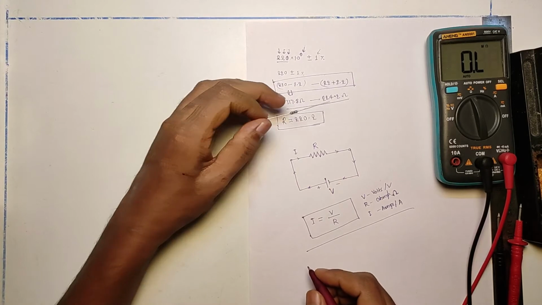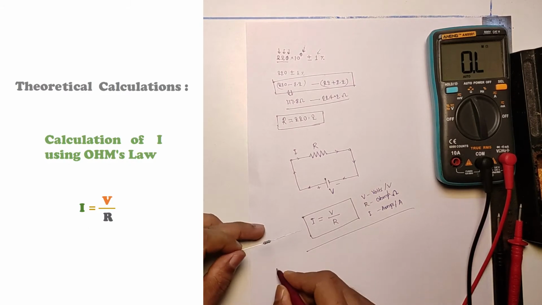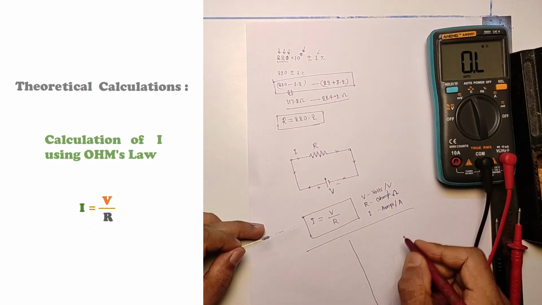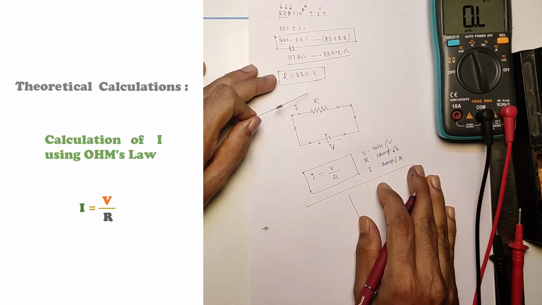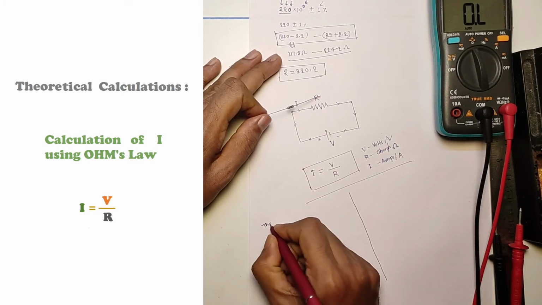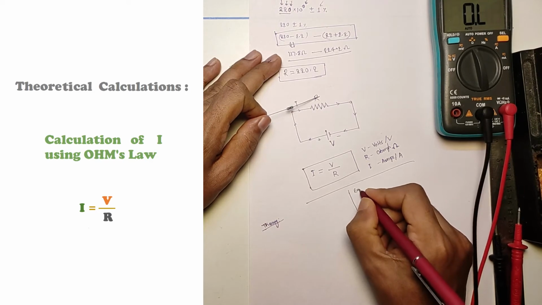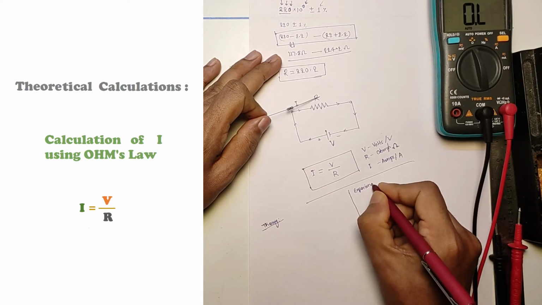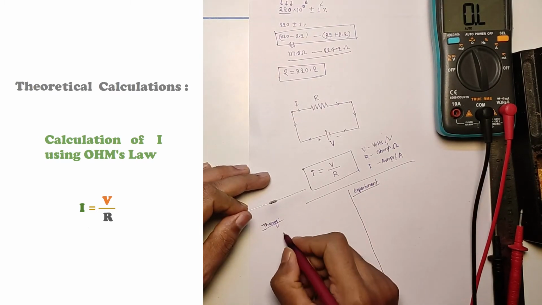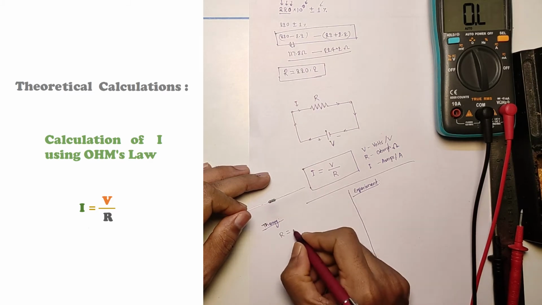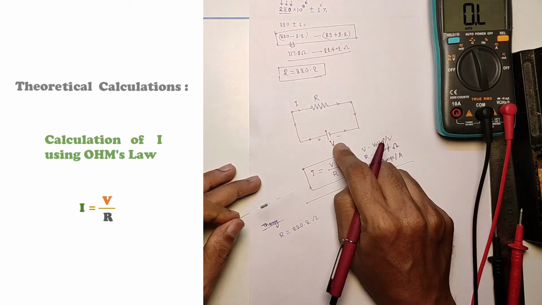We'll do two things. The next part is a theoretical calculation. On the left side is theory and on the right side is practical. Let us begin with the theory. Are you able to see the screen? I'll move it a little further. And this side is the experiment or practical. We'll do the experiment, but first we'll go with theory. So we got R, how much? 220.2 ohm.